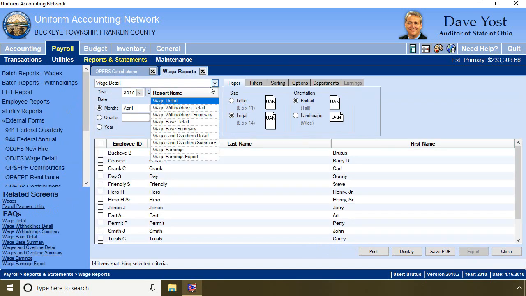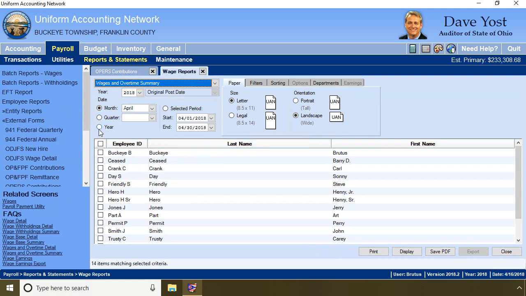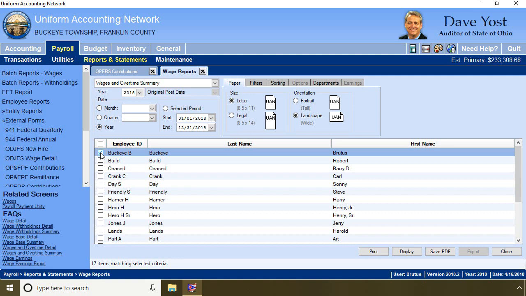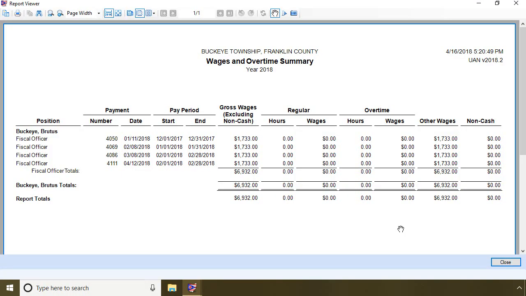And from the drop-down list, I like the wages and overtime summary to check pay periods. I'm going to mark it for the year so I can see if I've made several mistakes or only one. And I'm going to choose one employee with the frequency that's missing from the report. On the wages and overtime summary, while it produces lovely wages and overtime details, I really only need the grid